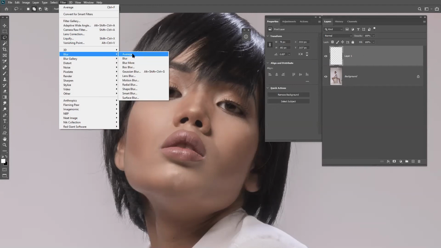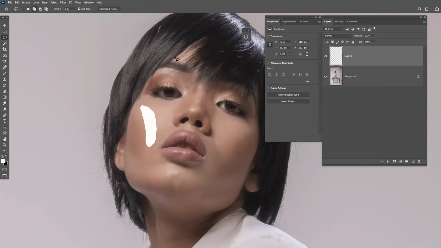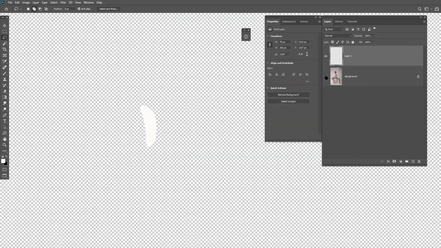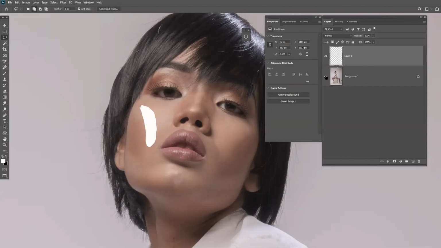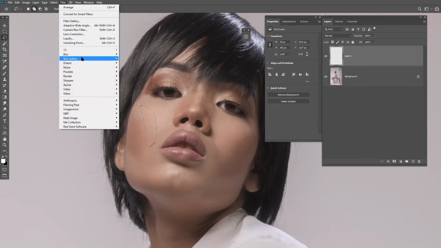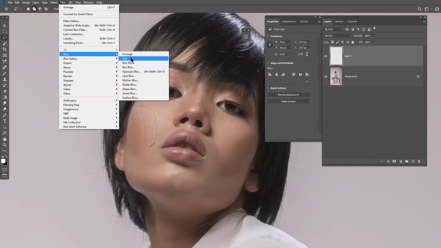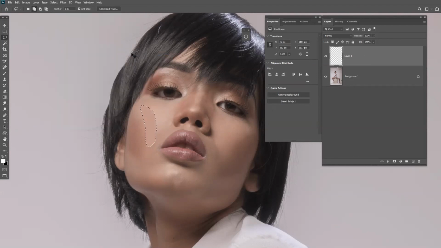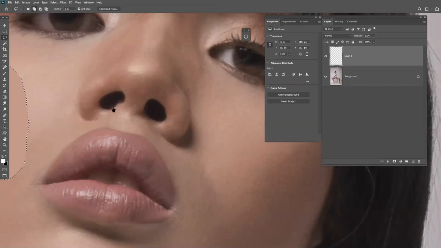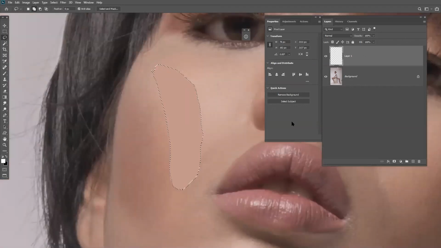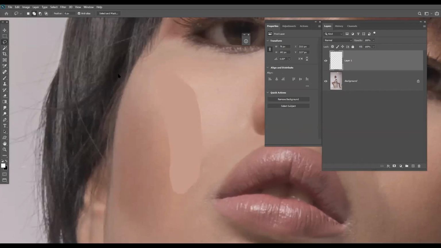If you don't select the pixels and try to put an average blur, it will turn to white because it's calculating the blank pixels also. So you have to always select the pixels. This kind of selection should be shown. Now if you go to blur and click average blur, you will get a perfect average blur. You can see we have got an average blur right now. Okay. Now what we do? We take the sampler chart.